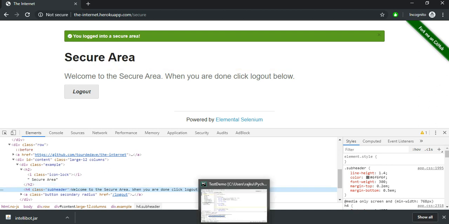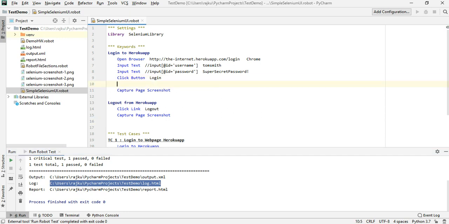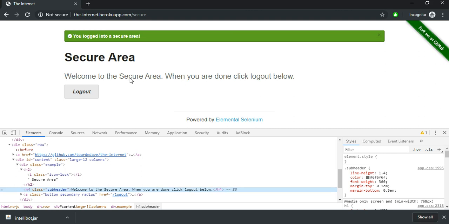So how do I do that? So let us go back to our test case again. After clicking on login button, I'm going to use another keyword here, which is element text should be, and what is the element text? First thing is, where is it located? So it is,